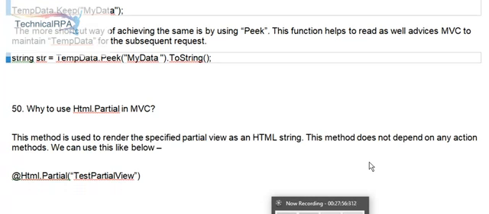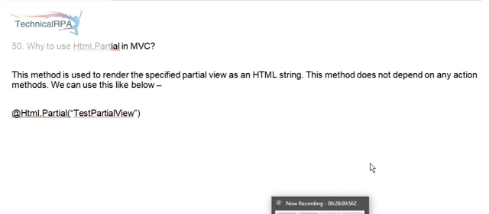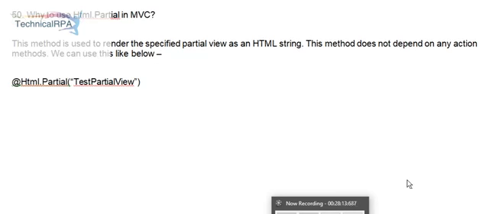50. Why to use Html.Partial in MVC? This method is used to render the specified partial view as an HTML string. This method does not depend on any action methods. We can use this like below: @Html.Partial